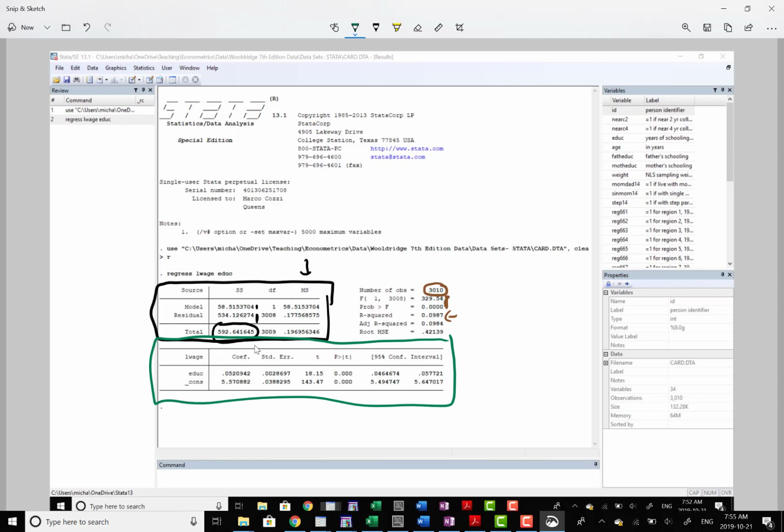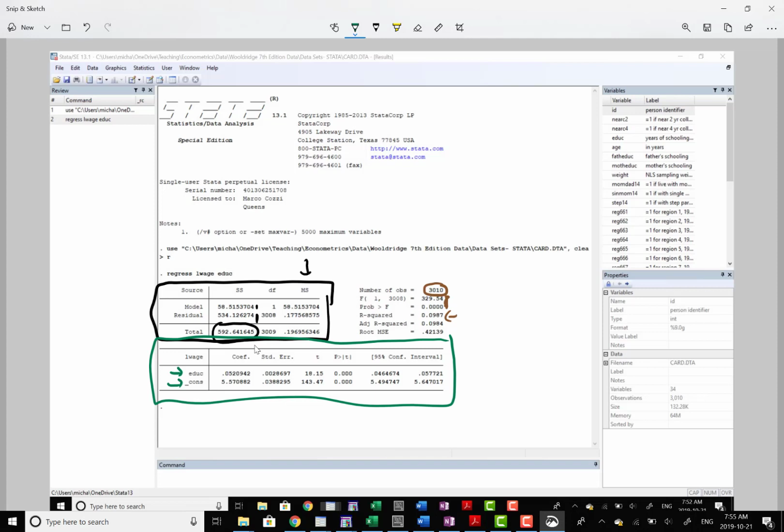Okay, let's go by these one by one. So the first thing we see is this first row, this education variable. Everything along this first row relates to this education variable. The second row, underscore const, is referring to the constant. So that intercept, that beta 0, and beta 0 hat, and the standard error of that beta 0 hat, etc. Okay, so what this is saying is